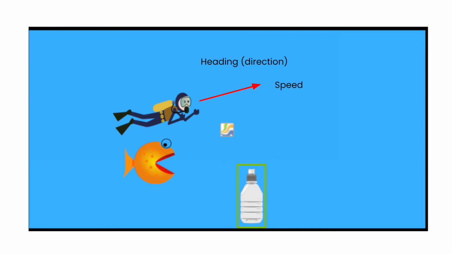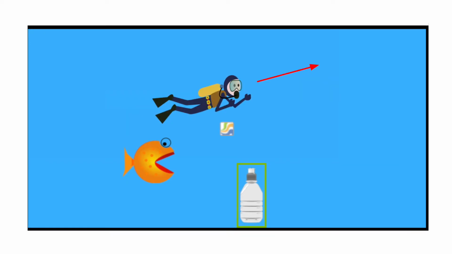The diver and the fish are both going to be animated, which means they're going to move during the game. Each image sprite moves according to its speed in the heading or direction it's pointed. Say for instance the diver has a speed of 5. That means it's going to move 5 pixels at a time in its heading or direction, in this case pointing up and to the right. So it moves 5 pixels, and then again it will move another 5 pixels, and it will do that according